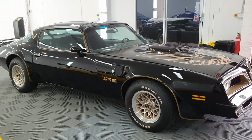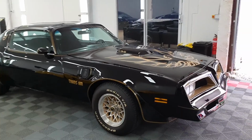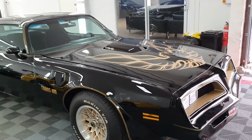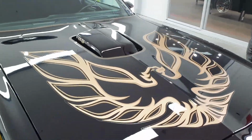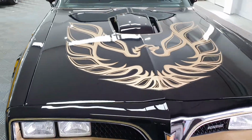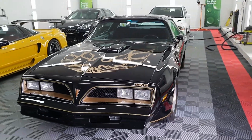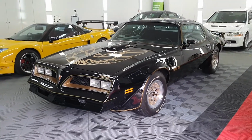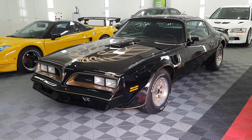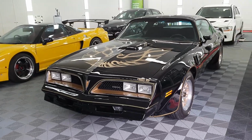A very common misconception is that paint protection film, or PPF, is only for new cars, and as you can see in this video, this is far from being a new car. This Firebird is no stranger to our business. We have been looking after it for quite a number of years, and it belongs to one of our best and also pickiest customers. And unfortunately for him, being a solid black American car, you just have to look at